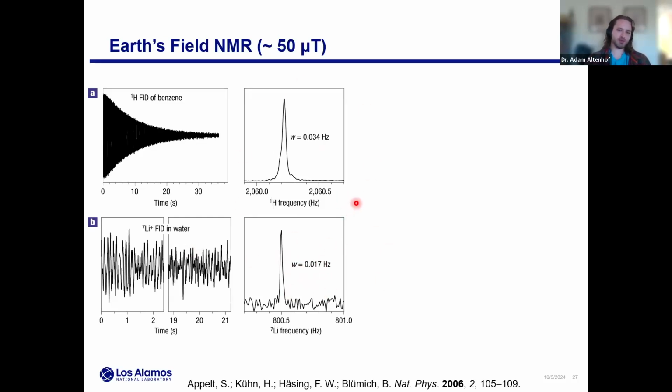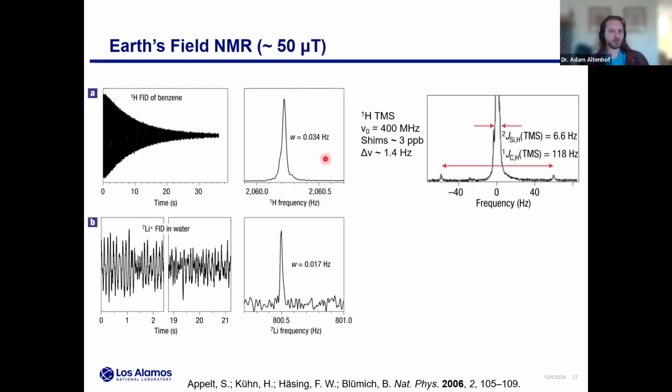This is ultimately afforded by the fact that this Earth's field or zero field or most of these low fields are always going to be much more homogeneous than any 20, 30 plus Tesla magnet. Those high fields will just never get down to the homogeneity needed to achieve these line widths. What's more is that susceptibility broadening effects are extremely low here. Just as field goes down, susceptibility broadening will go down. So that's ultimately why we get these nice sharp lines.